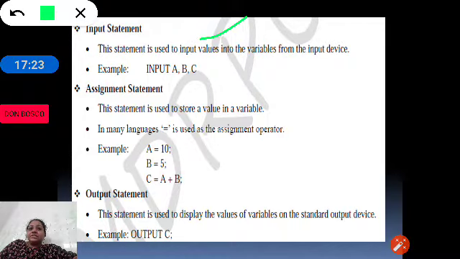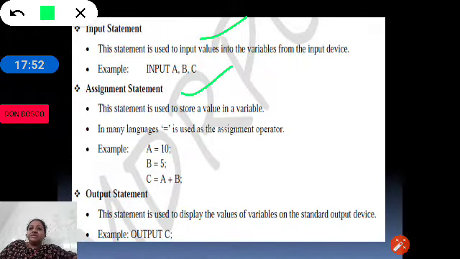This statement is used to input data from input devices, say the keyboard. We are collecting the data from the keyboard into the program. When you enter data through the keyboard, that data has to be picked up from the input device, and that is done by the input statements.